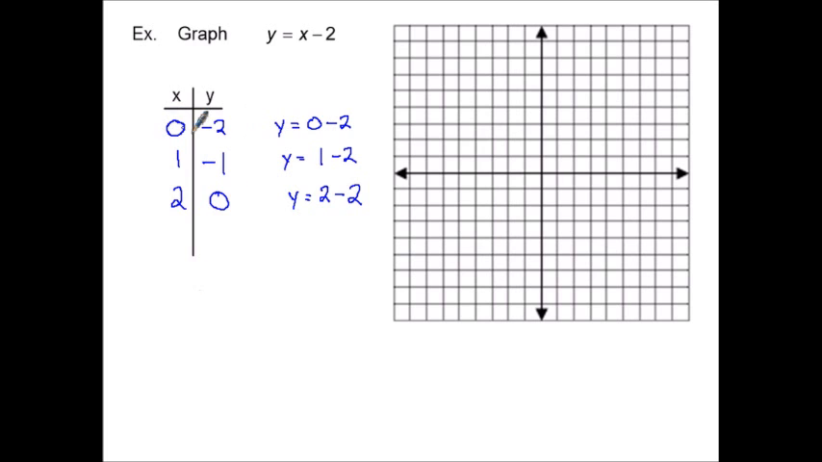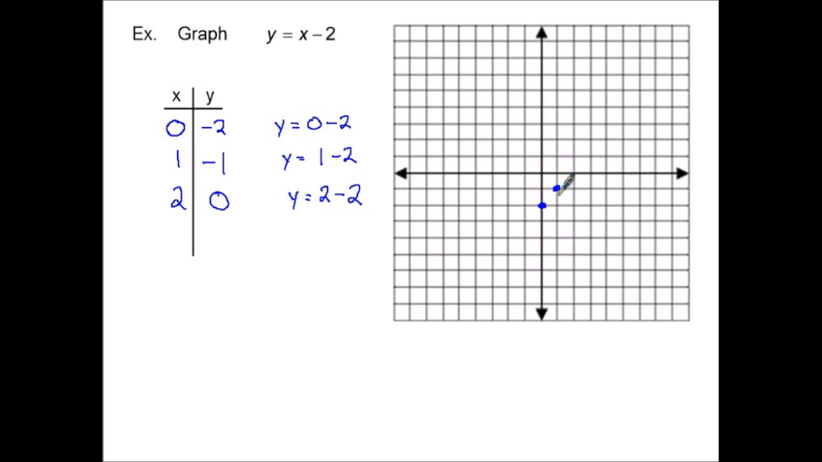And now I just have to plot them. If I had to plot 0, negative 2. Okay, now be careful plotting your points. Remember, the first one always goes left or right. The second one always goes up and down. So if I go 0, negative 2, I go 0 left and right, and then down 2, and there's my first dot. Okay, now I go 1, negative 1, that's 1 to the right, negative 1, which is down 1,